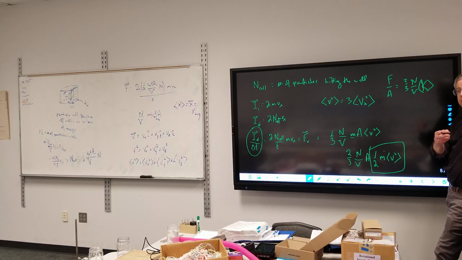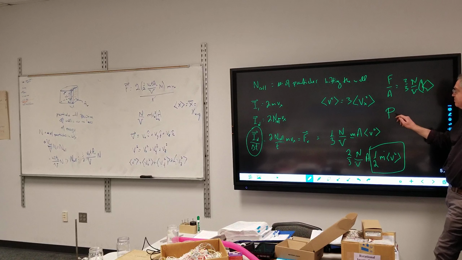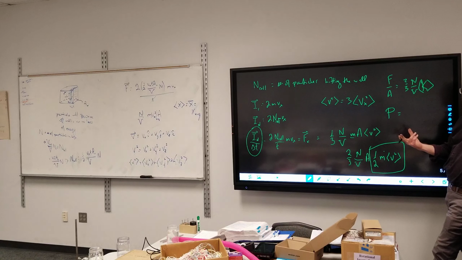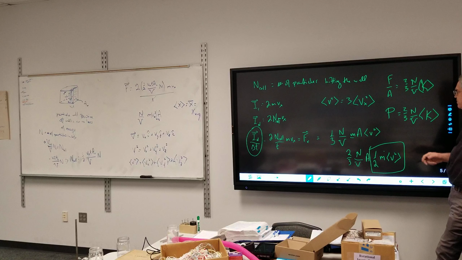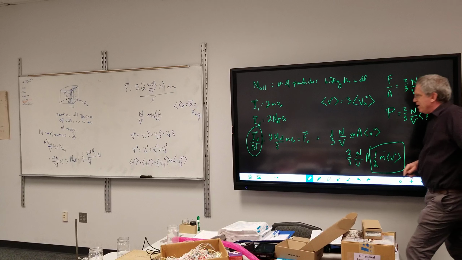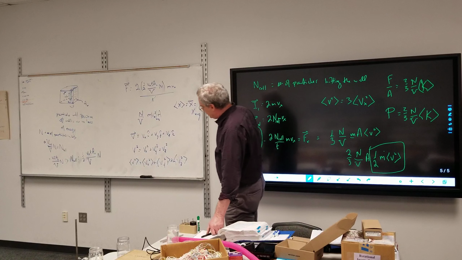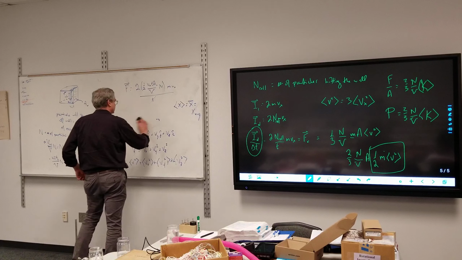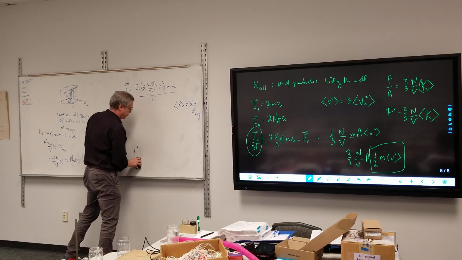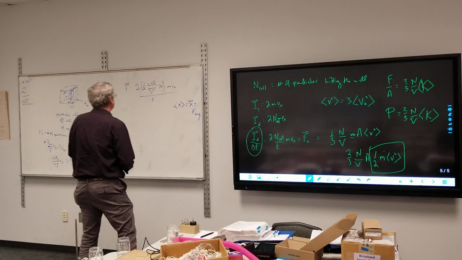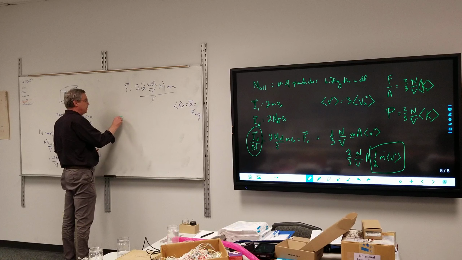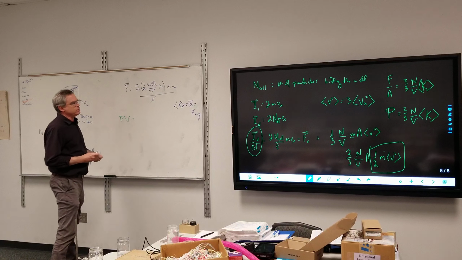Pressure. Capital P, it's not power, it's pressure this time. So pressure is 2/3 the number density times the average value of the kinetic energy. If I multiply both sides by V, the volume, this should start looking somewhat familiar to you if you've had chemistry, and maybe if you've had physics. So I have the pressure times the volume is equal to